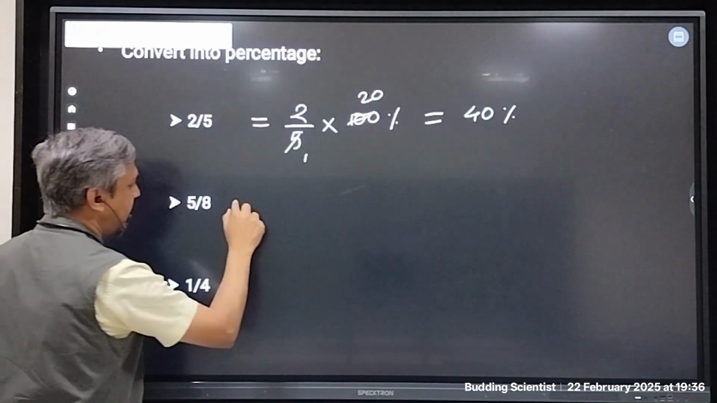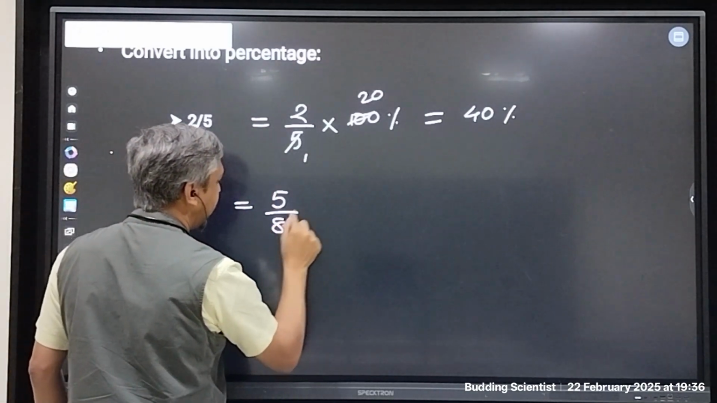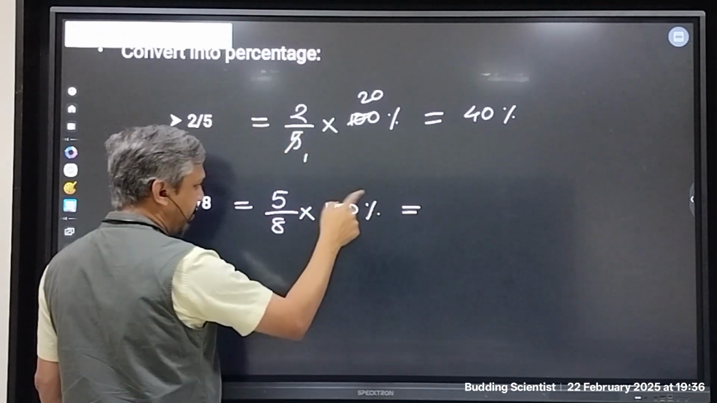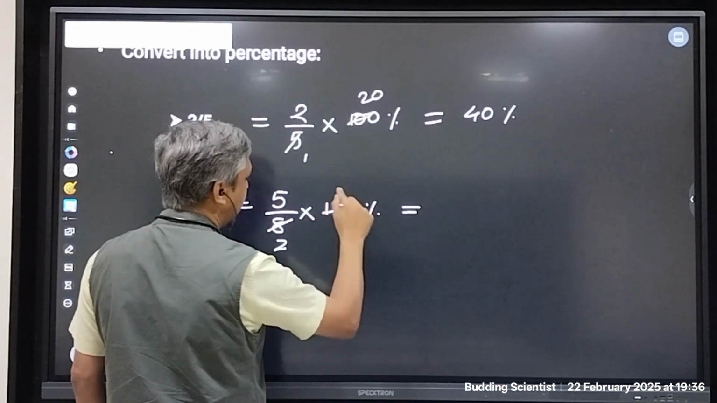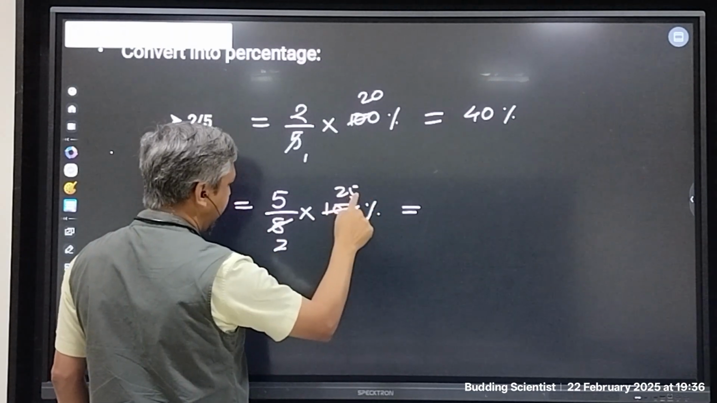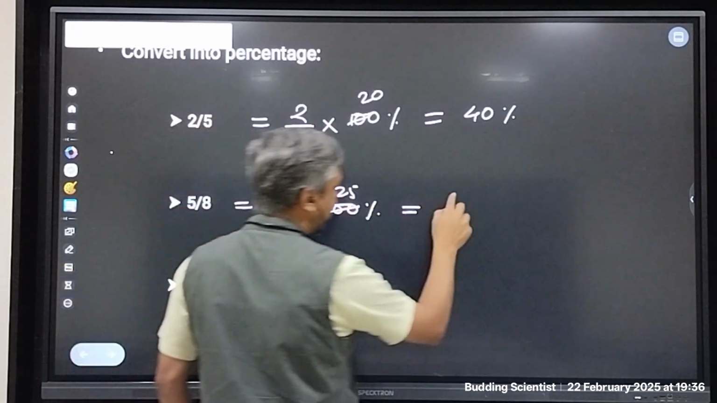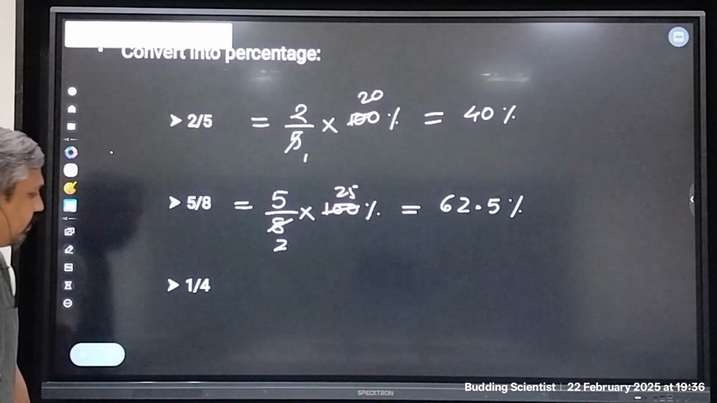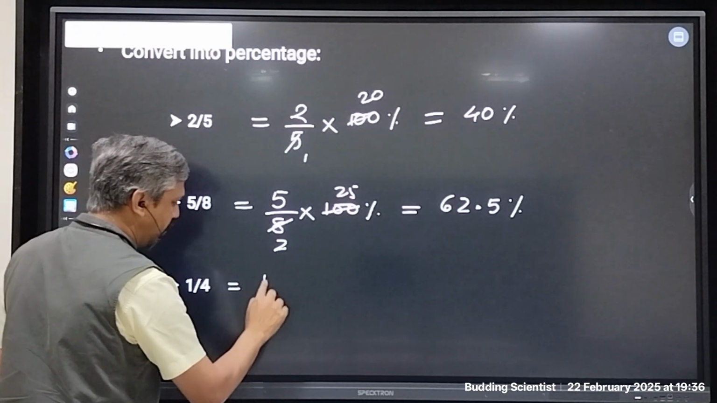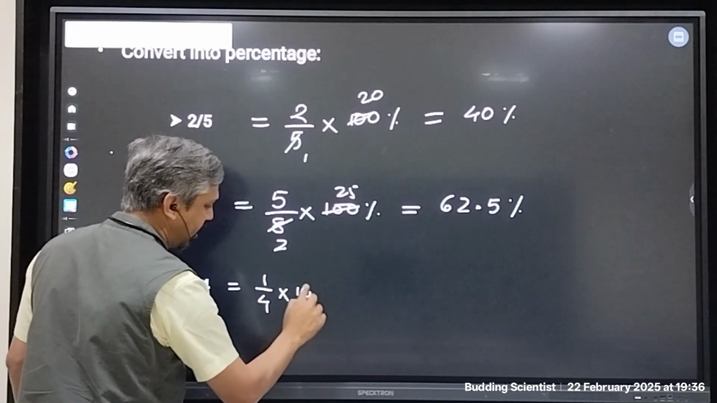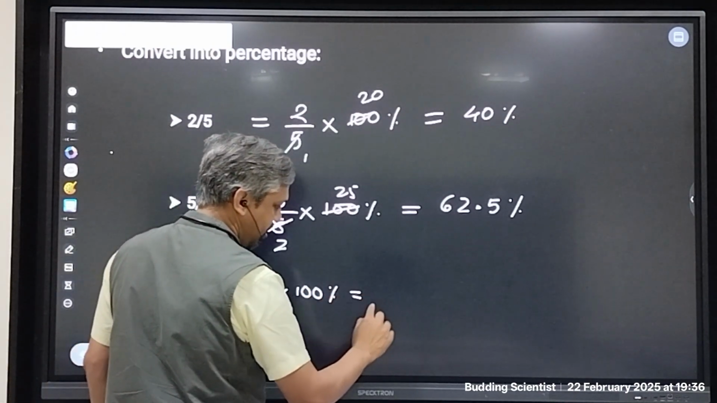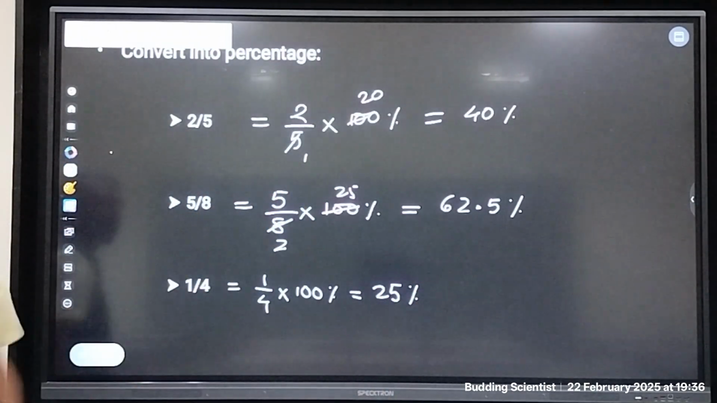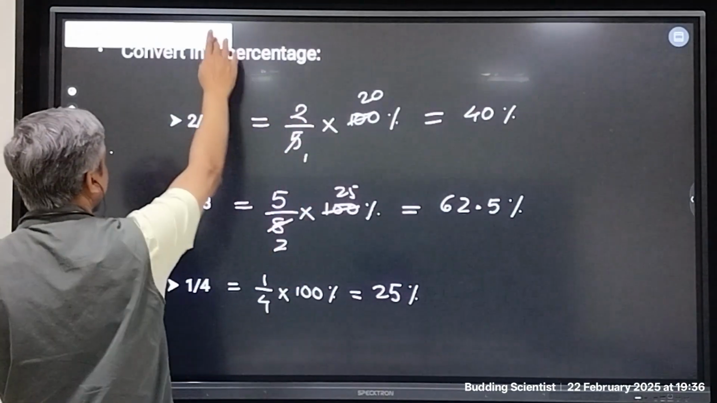This one, 5 by 8 is equal to 5 upon 8 into 100%. You can divide by 4 here, it will get 2 here, 25, 5 into 25 is 125, upon 2 is 62.5%. 1 by 4 is equal to 1 by 4 into 100%, is equal to 25%. Like I said, you'll be lucky if you get these kind of questions. Next,